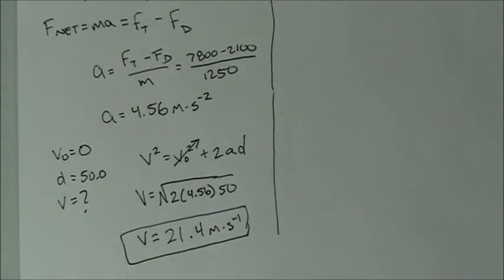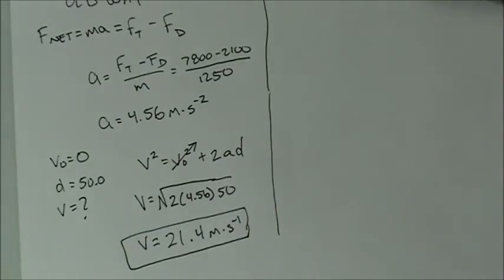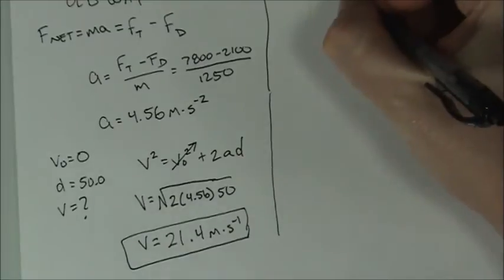21.4 meters per second. Okay, so that's the old way of doing things that we've done in the past: we used combinations of the net force combined with the old kinematic equations. And this combination of net force with this equation was very common in the problems that we looked at. So in the new way, and the new way is using energy,